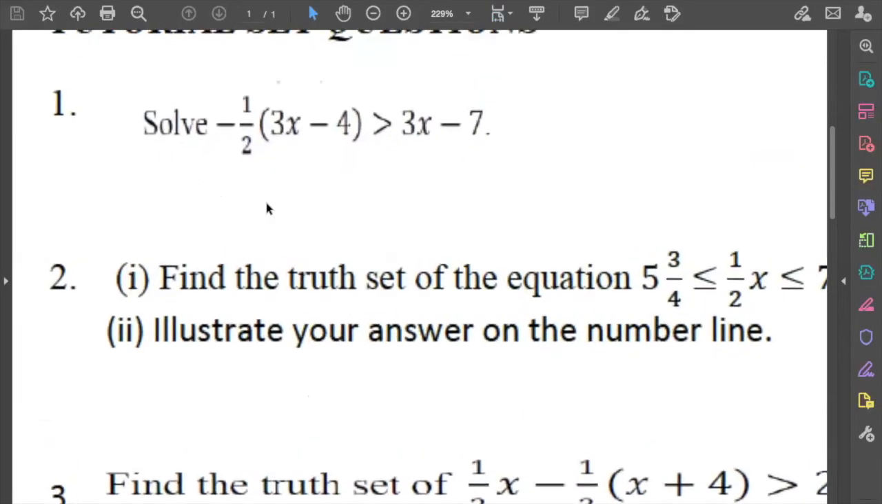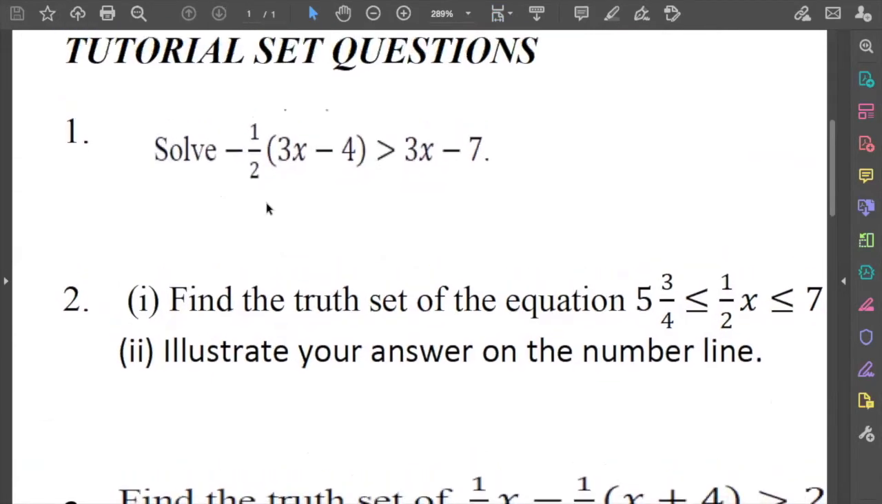The questions. Now with question one, it is basic inequality, right? We are going to have something like expanding the bracket first. Expanding the bracket first. So for example, when you have any fraction multiplied by a number in a bracket, automatically